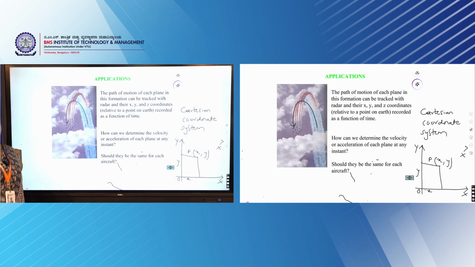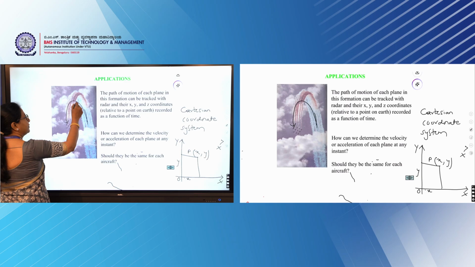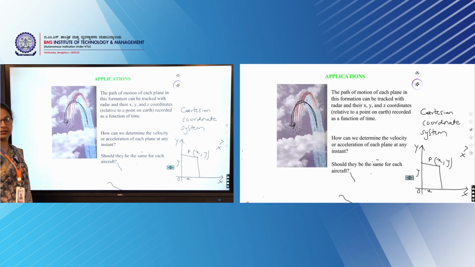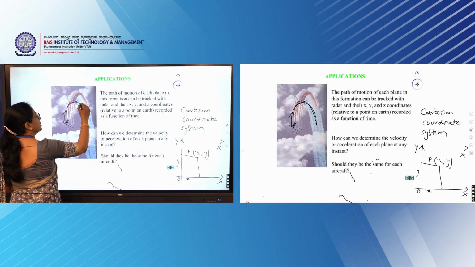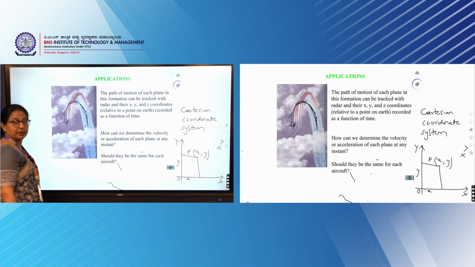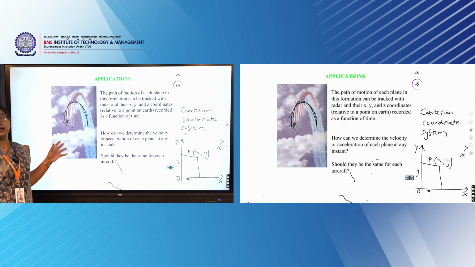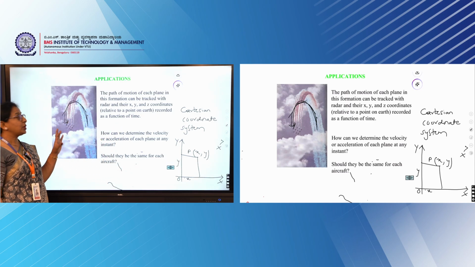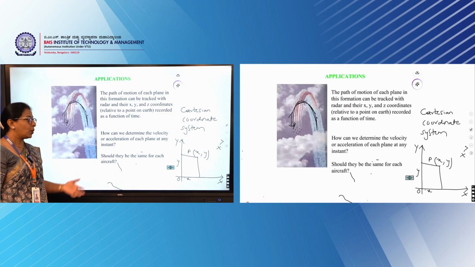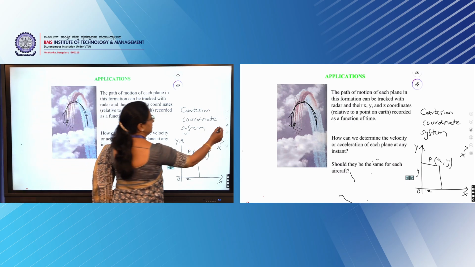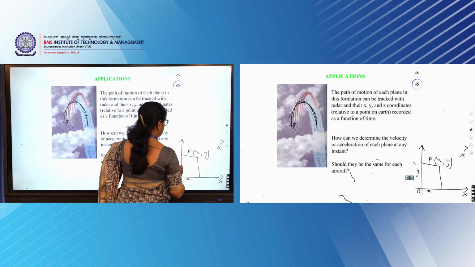What do you mean by this? We have a plane in a curvilinear, curved path. In order to understand each position point, in the Cartesian coordinate system the equation becomes clumsy. To avoid that, we go to a new coordinate system known as